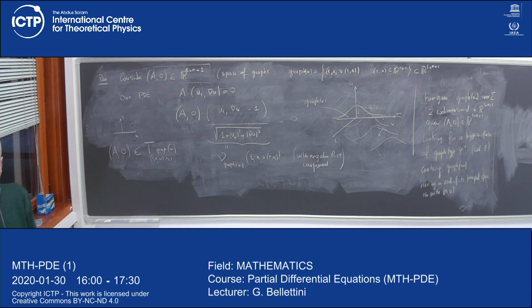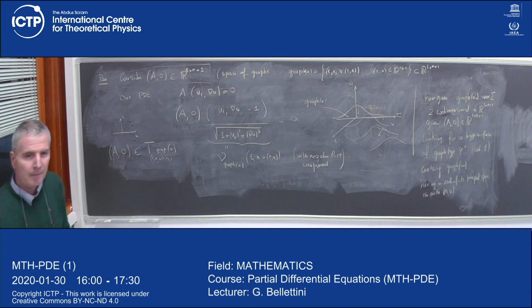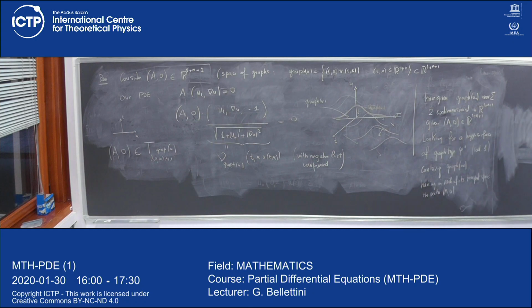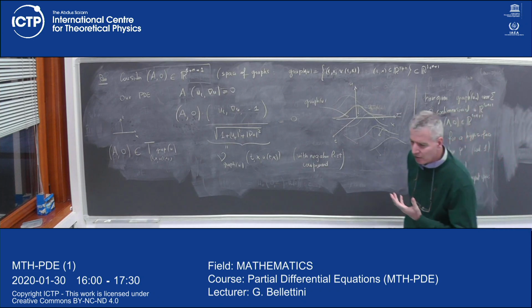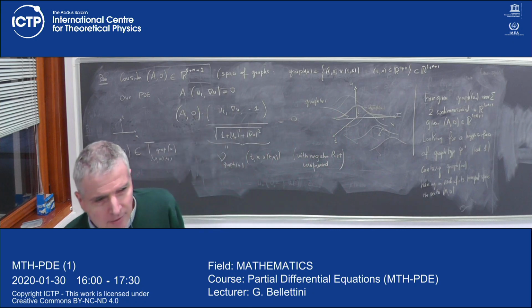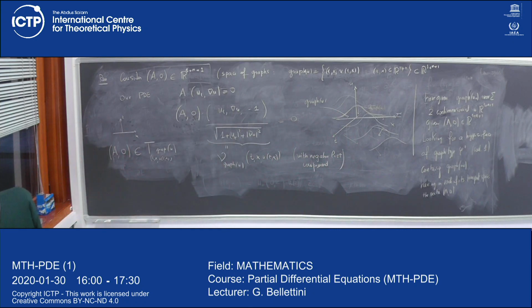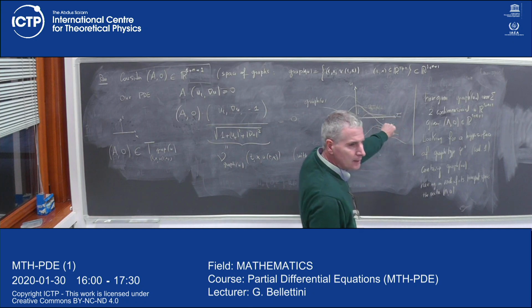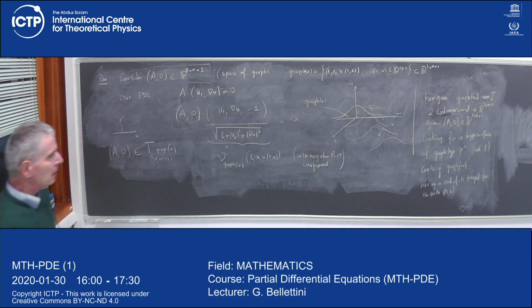This is why it's called the transport equation. This is just a geometrical picture. Yes? Does the name transport equation come after the solution of the PDE or just from the geometric interpretation? I imagine after the solution of the PDE. I insist on this geometric interpretation because for me, as soon as there is a geometric interpretation, it becomes easier. But I think there are several other reasons for which this is called the linear transport equation, and I think that this reason comes from directly looking at the PDE. Okay? Is this clear?